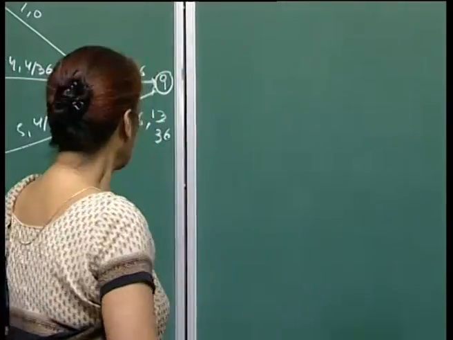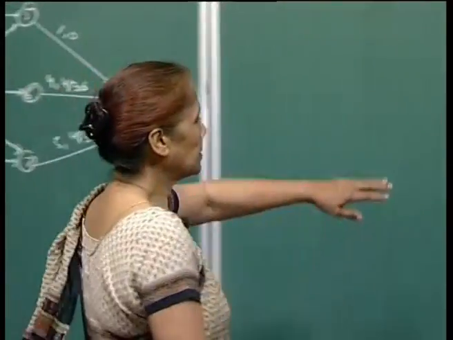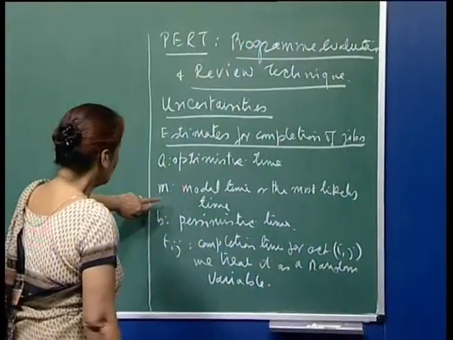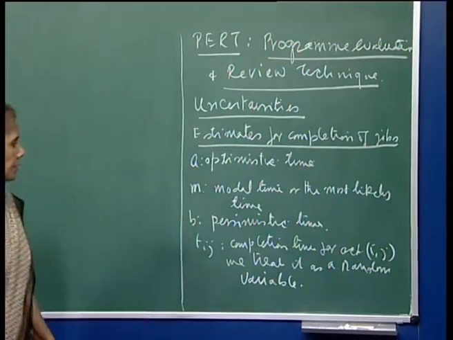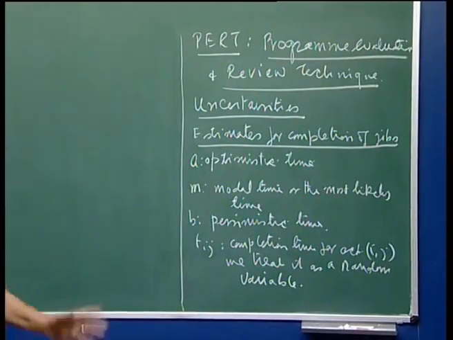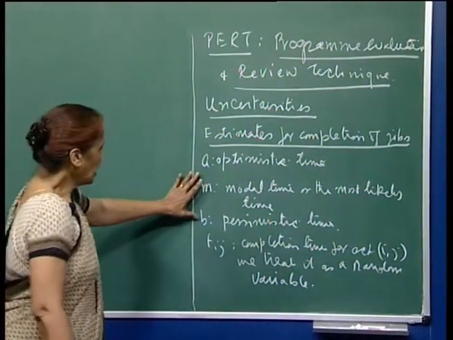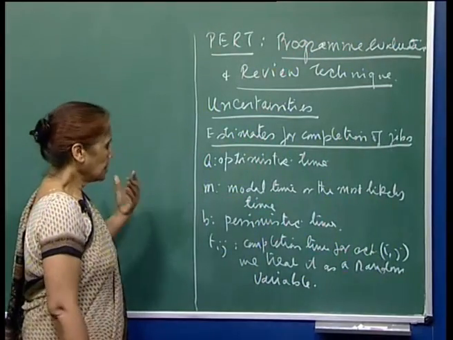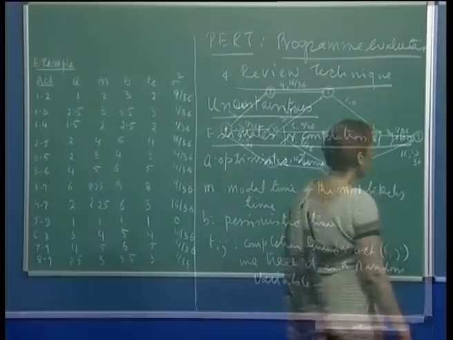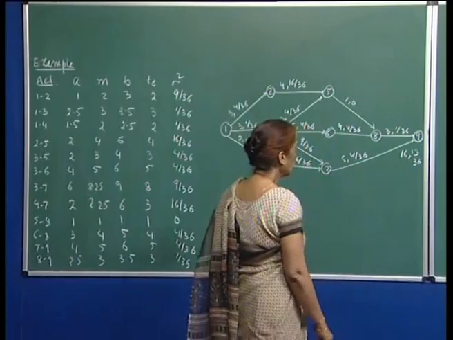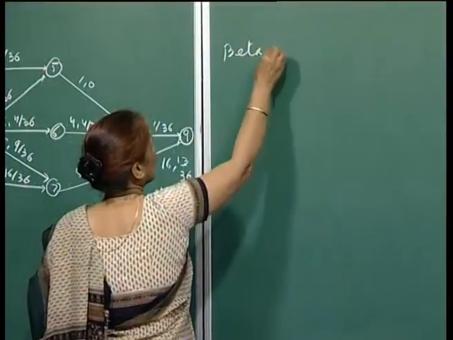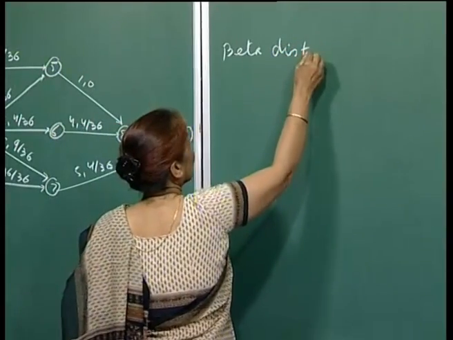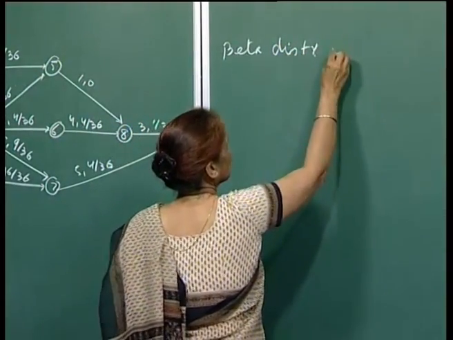So, let us continue with the problem. Here I was describing that we need a probability density function to describe the random variable Tij, which is finite in range, unimodal, continuous and asymmetric. The beta distribution is suitable